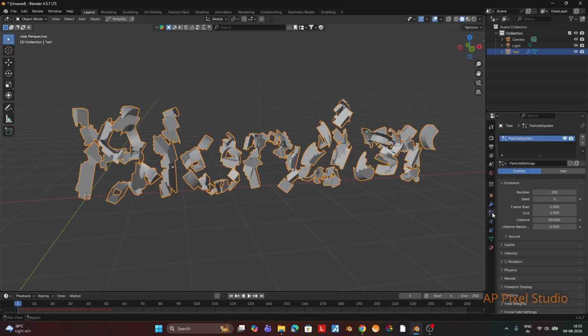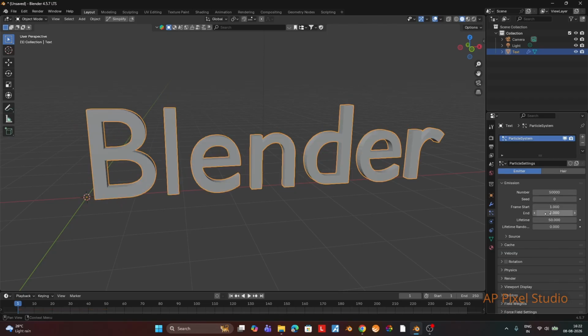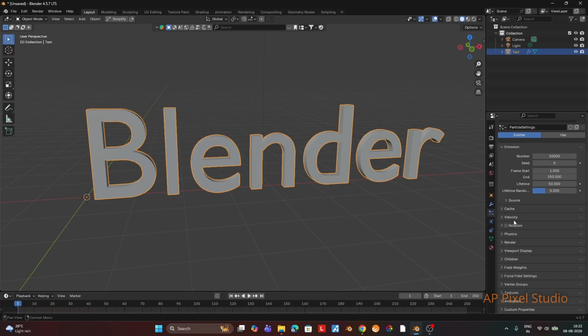So now if we go to the particle system, we will increase the particle number to 50,000. We will update the end frame to 250 and we will just adjust the lifetime randomness to 0.3. We will remove the velocity and we will just have some randomized a little bit, not much.